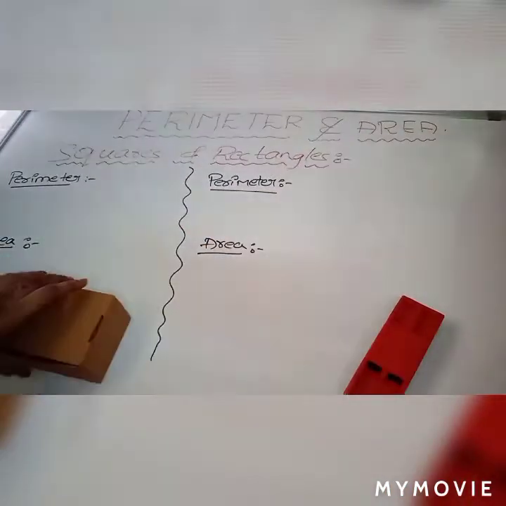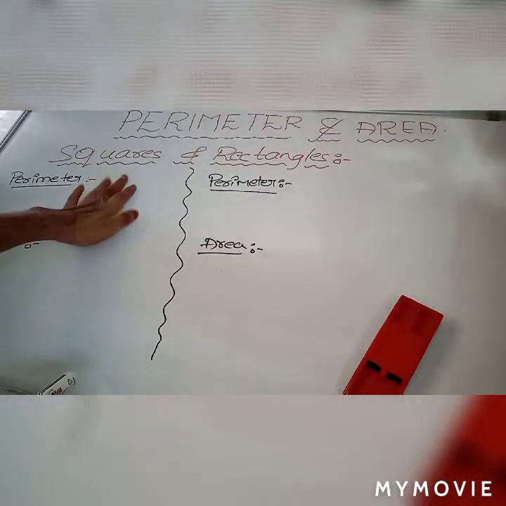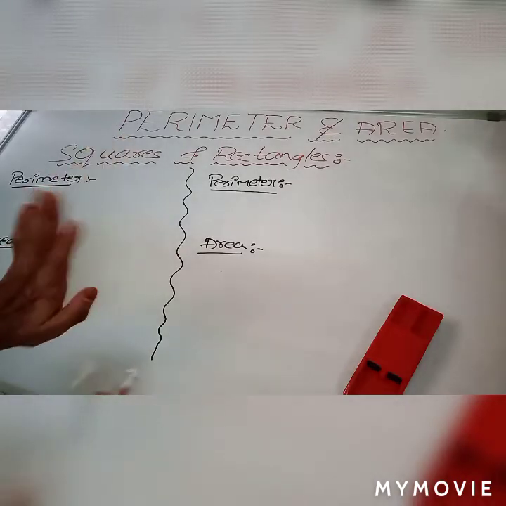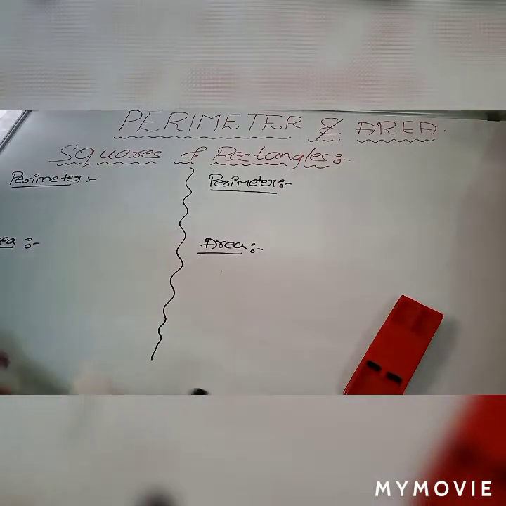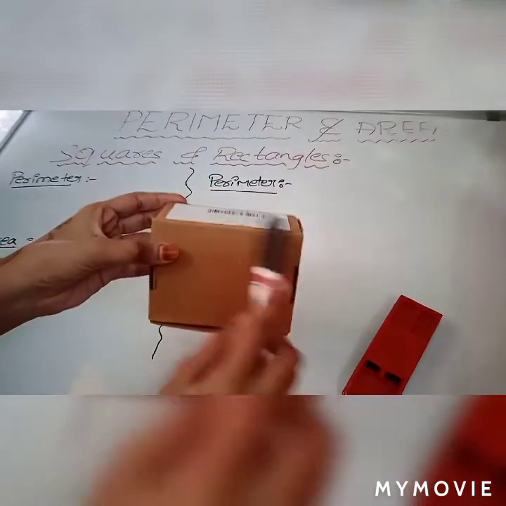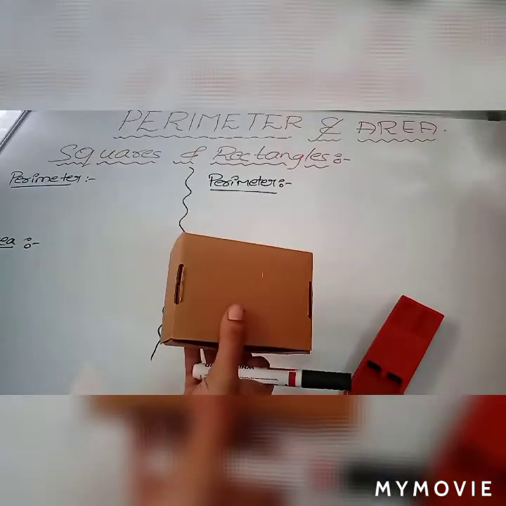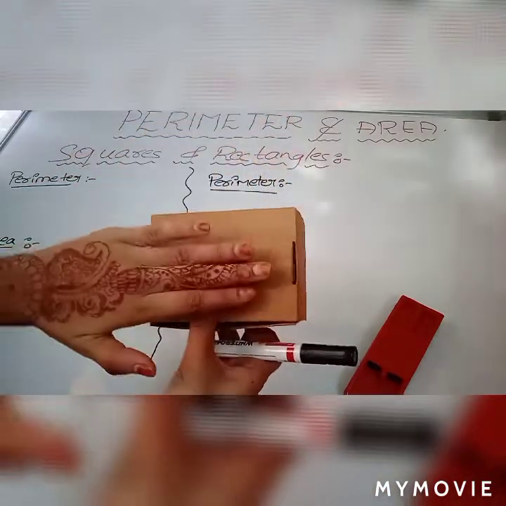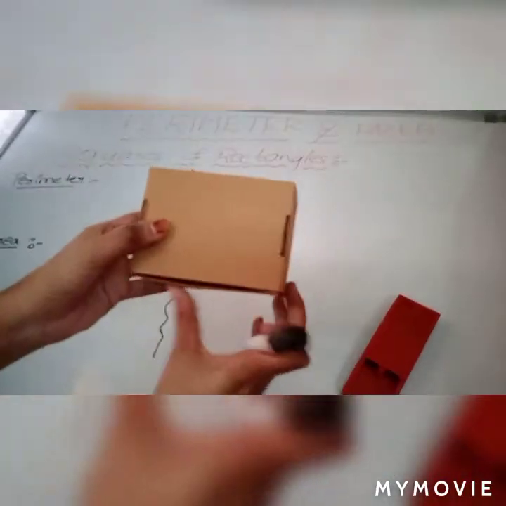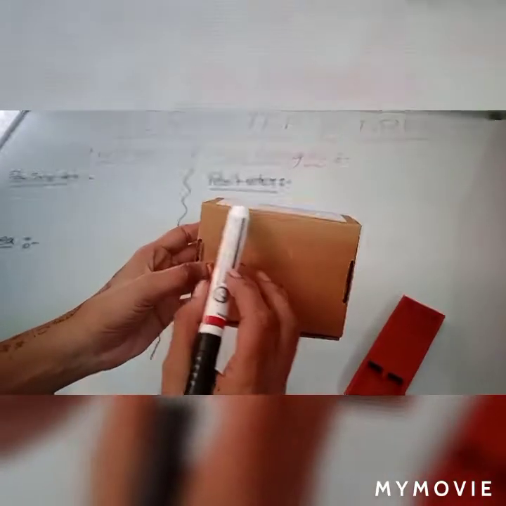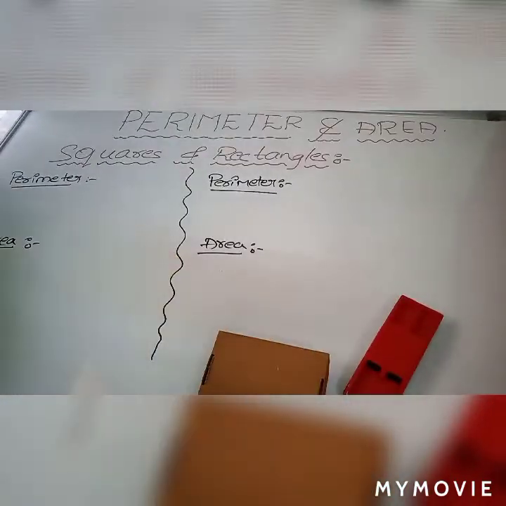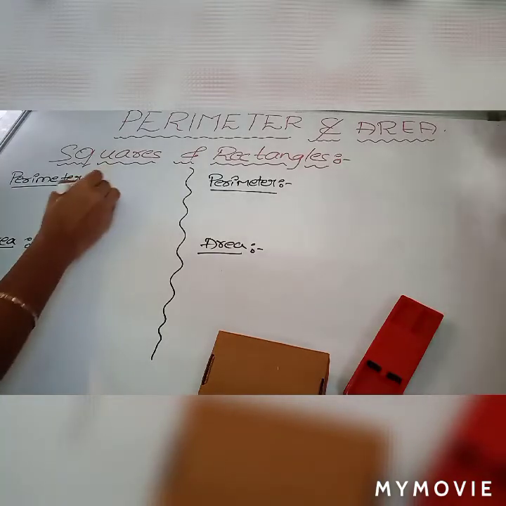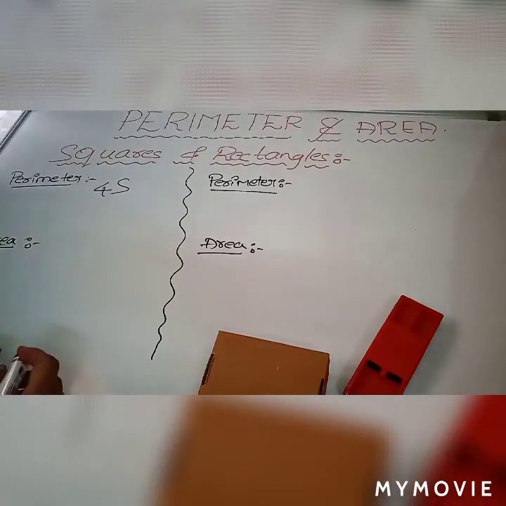Okay. Now children, we first take a square. We need to find the perimeter of a square formula. So what is the perimeter? Perimeter means the measurement around the outside of the shape. See, this one is the perimeter. This is the shape and these are all outsides of this shape. How many sides are there? 1, 2, 3, 4. Four sides. So the perimeter of the square is 4s.